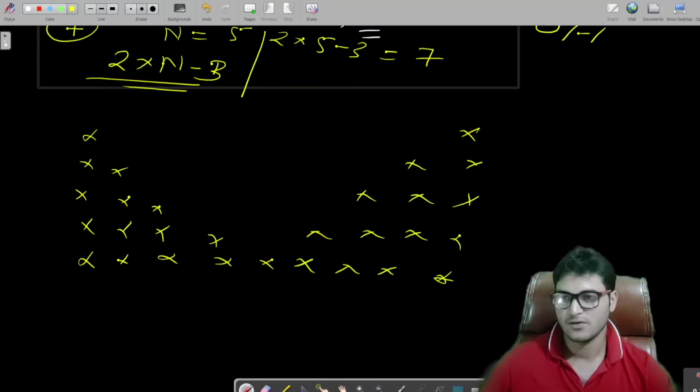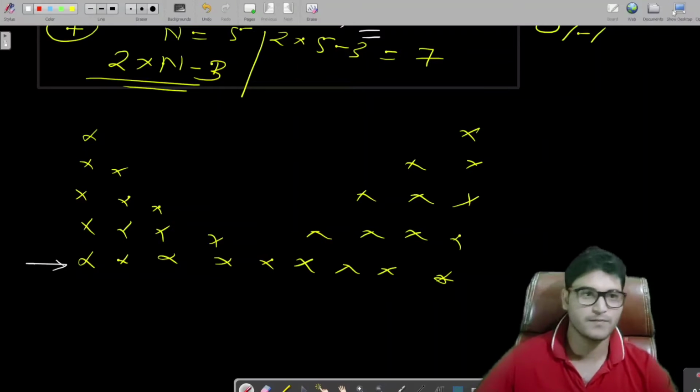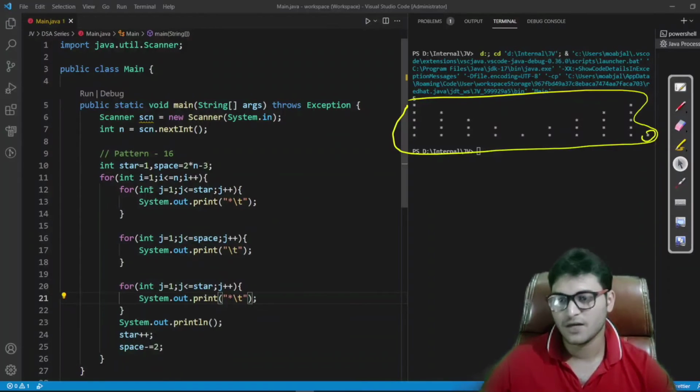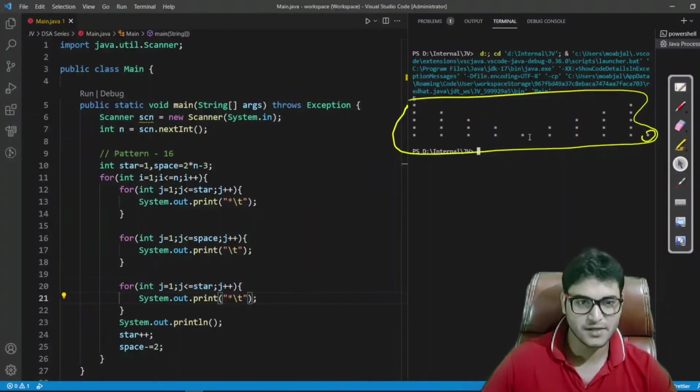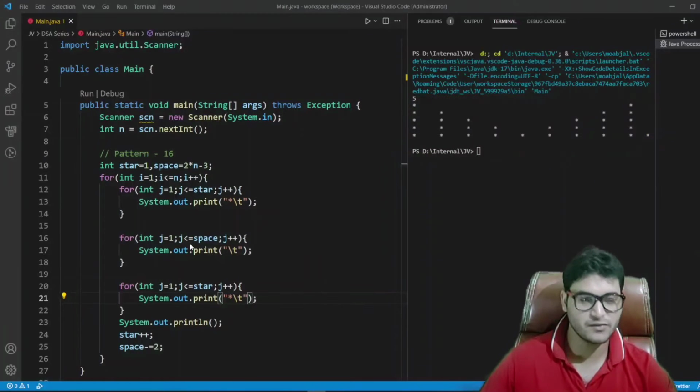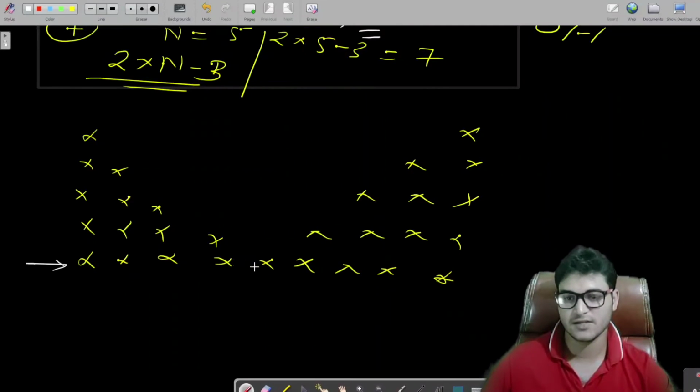Fine. So now, if you remember, what is the value of stars in the last row? For the last row we will have the number of stars as 5 because we are printing till here, and till here we have printed 5 stars. So in the last row we have 5 stars and we are just printing them.